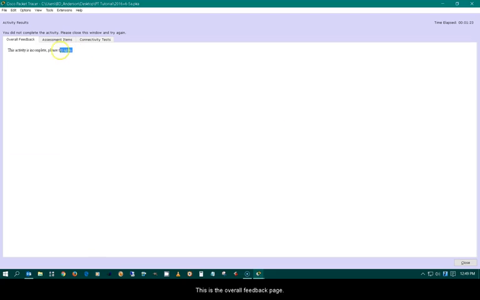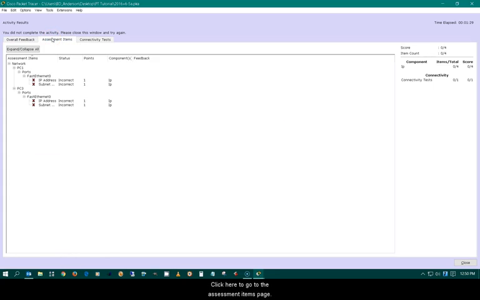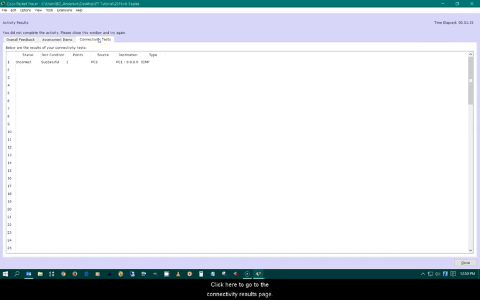This is the overall feedback page. Click here to go to the Assessment Items page. Click here to go to the Connectivity Results page. This activity is now